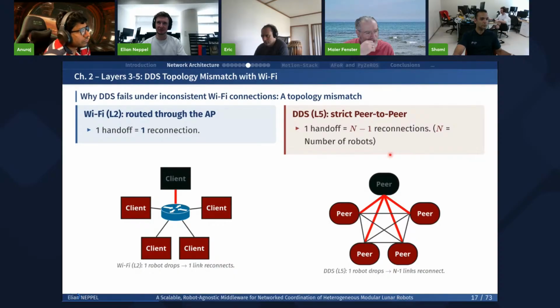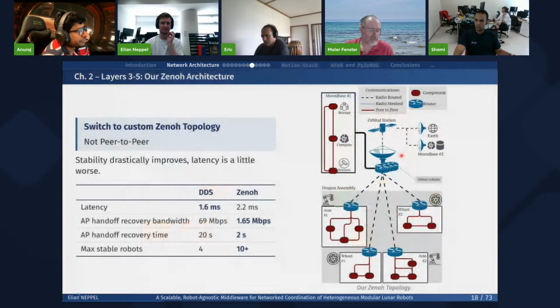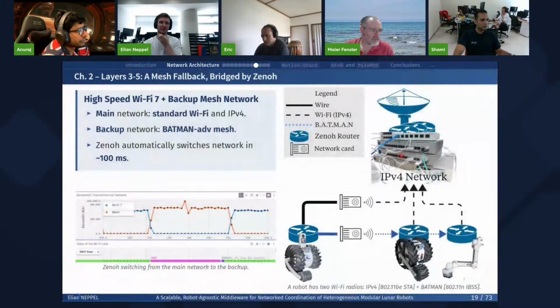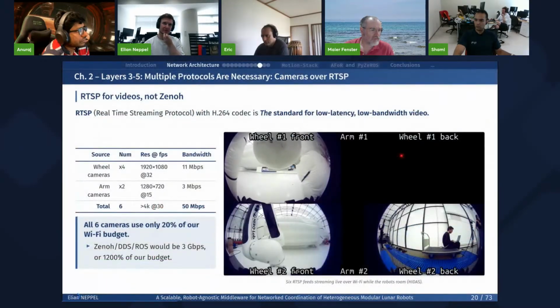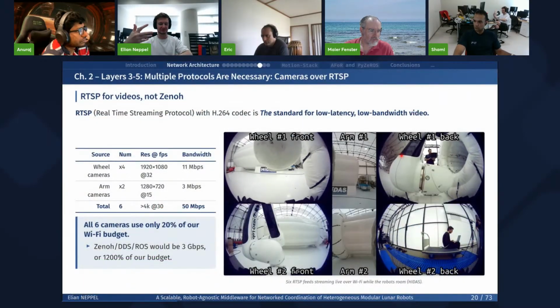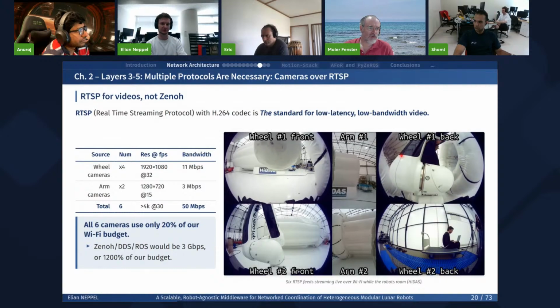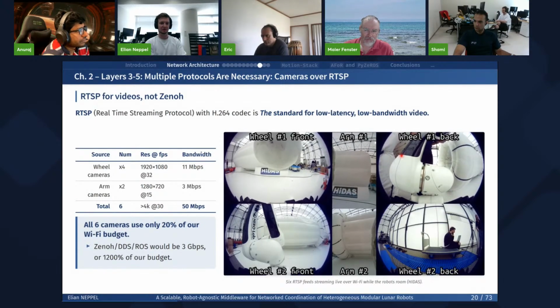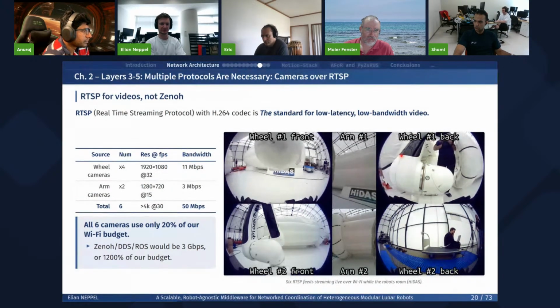Here, if we have 5 robots, it will need to destroy and recreate 4 connections, which is not a lot, but this is just to illustrate. Actually, in reality, we will have 20 or 50 peers on the network at the same time, and it will be much more. And this is not related to video, because RTSP is not running over DDS or Zeno, and this is a brokered protocol, or a routed protocol, depending on how you set it up.